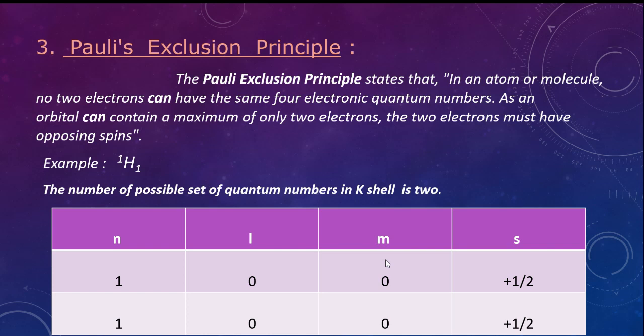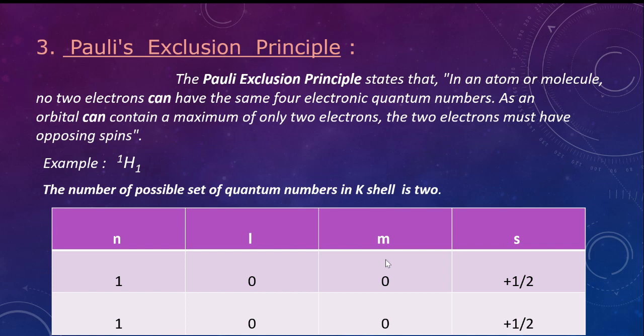So carbon, when we write the configuration, it comes as 1s2, 2s2, 2p2. Here we know that the m value varies from minus L to plus L. If we write the configuration for the two electrons, the n is the same, that is 2, but L is different, because the L value for s is 0 and the L value for p is 1. And m is also different, because for the s orbital, m is 0 and for p it is minus 1. Whereas the spin is plus half and minus half for the two electrons.